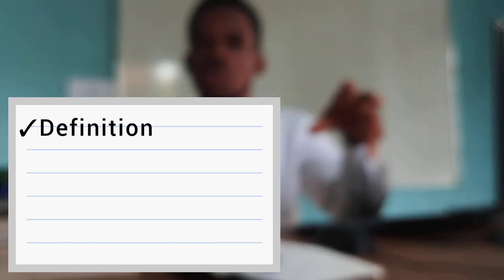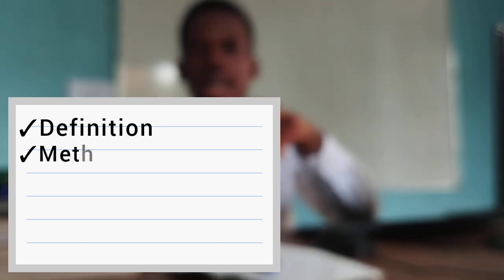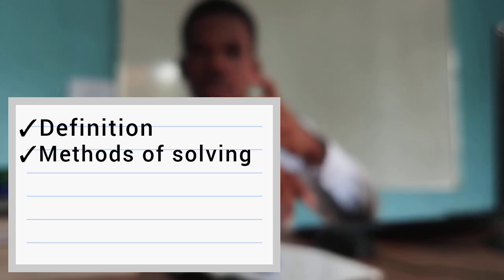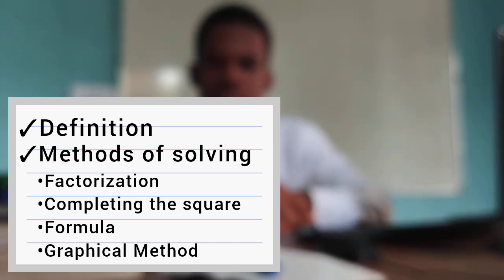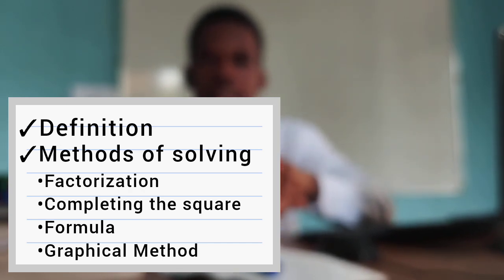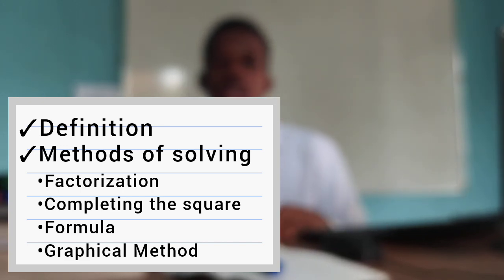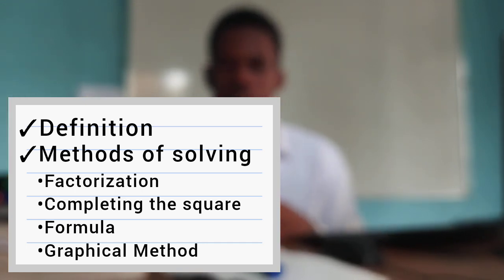Firstly, we are going to look at the definition and the proper introduction to quadratic equation. Then secondly, we are going to look at the methods we have for solving quadratic equation. And these methods include factorization method, completing the square method, formula method, and graphical method. But for today, this video, we are going to look at factorization method first. Maybe we'll compile other videos for other methods, but today on this video, we're going to be looking at factorization